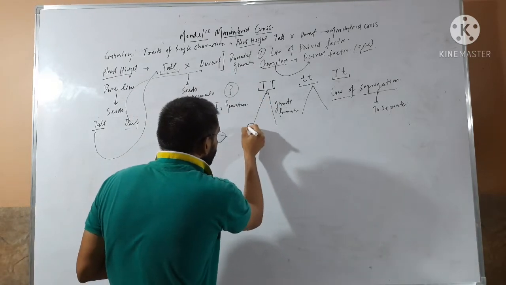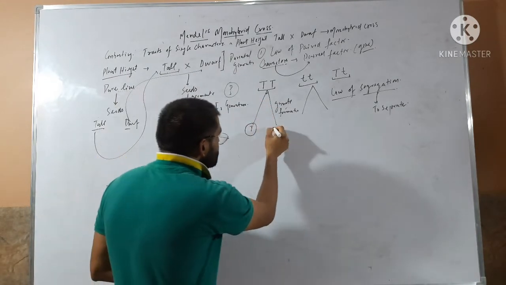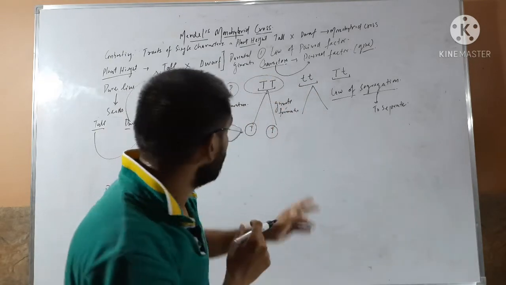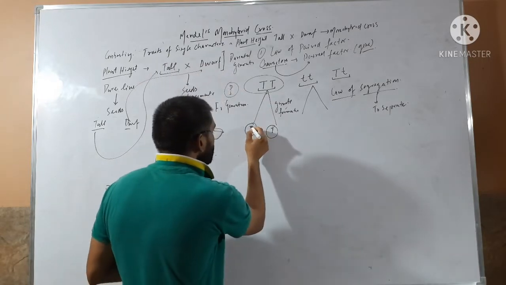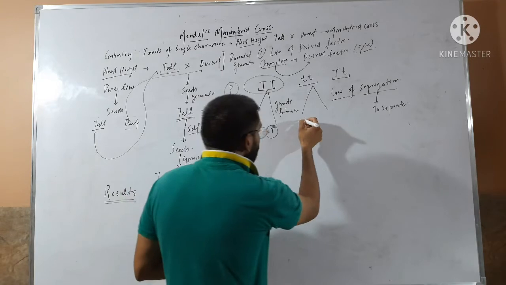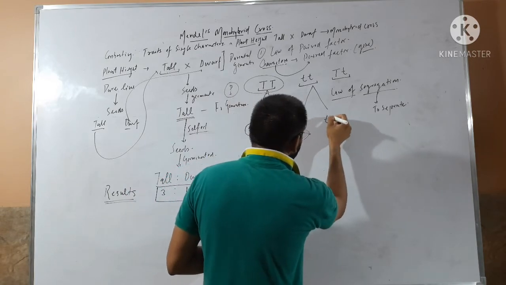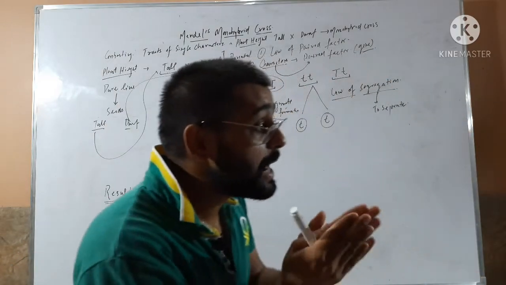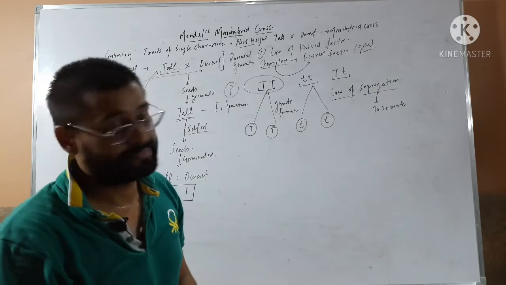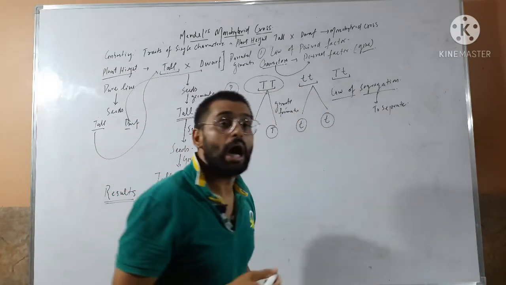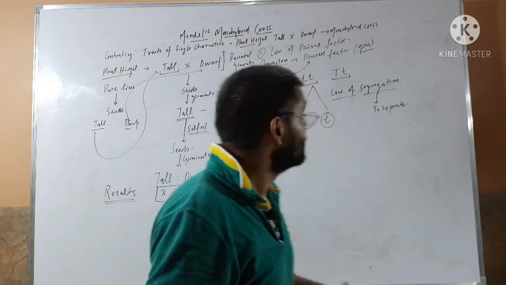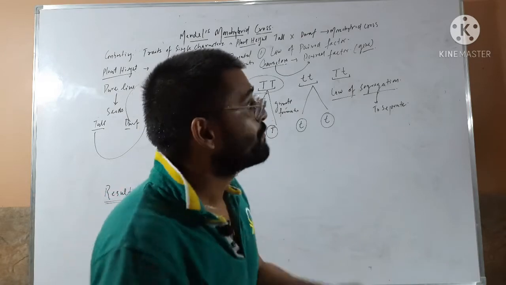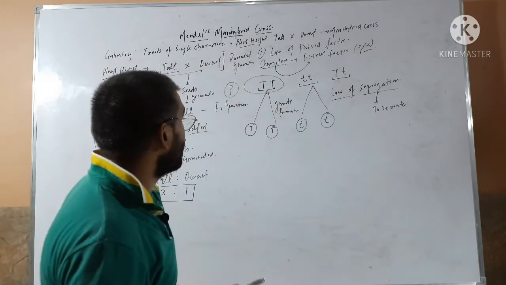This T will separate from this T. So in this genotype, there will be two gametes of the same type, capital T and capital T. Here also small t and small t. So the factors that were present in pairs, they separate during gamete formation. This separation is called law of segregation. So law of segregation says that during gamete formation, factors that are present in pairs separate from each other, and